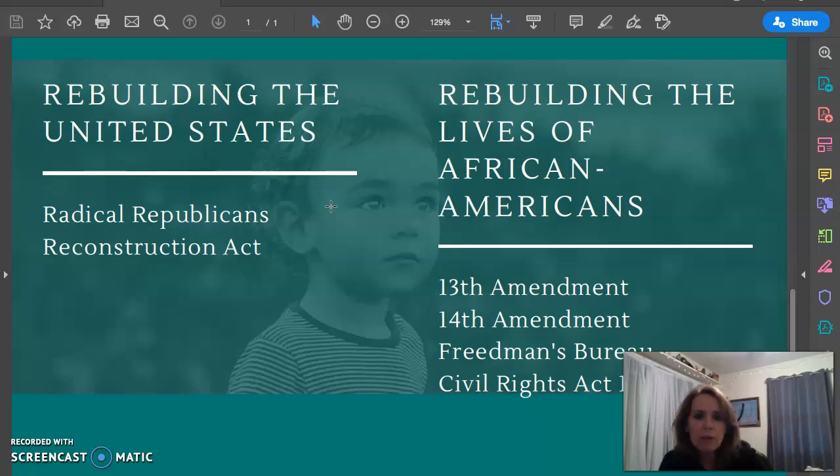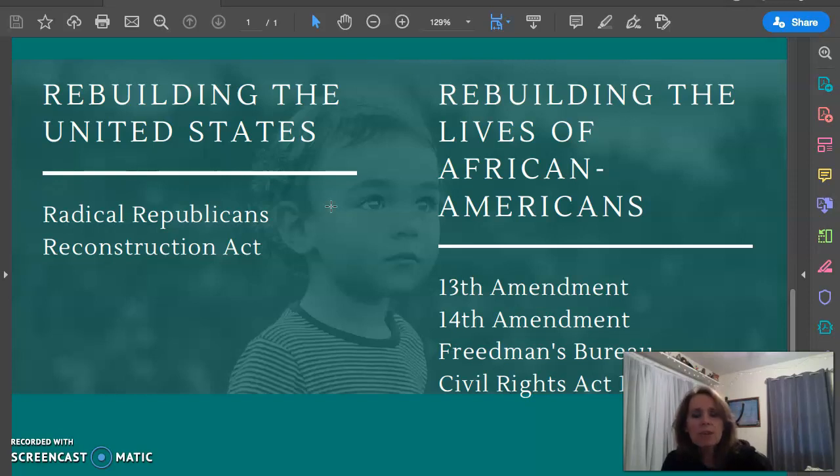And so the radicals, feeling very bitter about the Civil War, the destruction of the Civil War, and the recent assassination of President Lincoln, the Republican president, their reaction to this is going to be rather harsh. And so their Reconstruction Act did not make it very easy for the South to come back into the Union. And so the South was divided up into 5 military districts. It was put under military law.